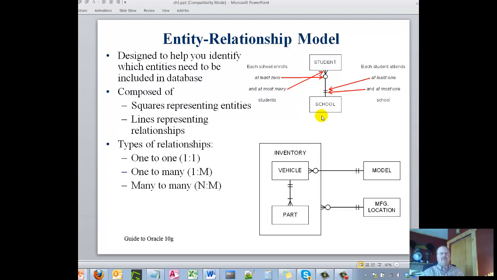Traditionally, before online learning, and that's what this model represents, the traditional structure, one school could have many students. Many schools could not have many students, from that perspective of a student being enrolled in a school. I hope that's clear enough. This can be kind of confusing, and it's just conceptual at this point in time. But those are the questions you want to ask yourself. Now let's go to